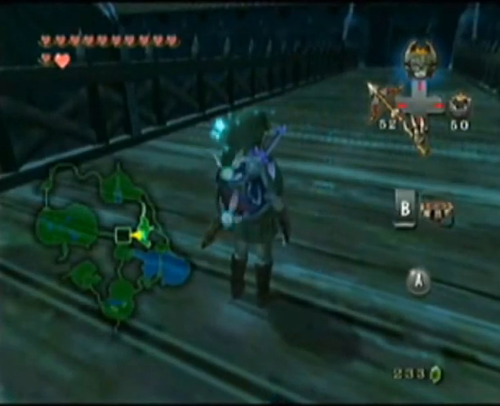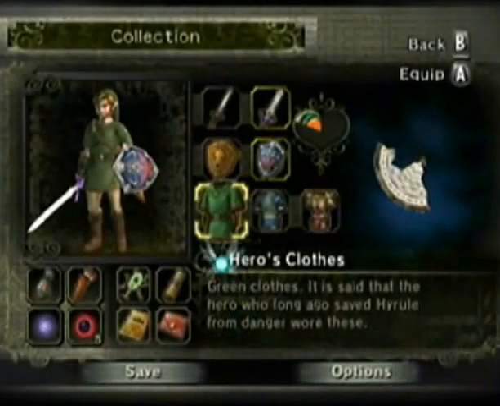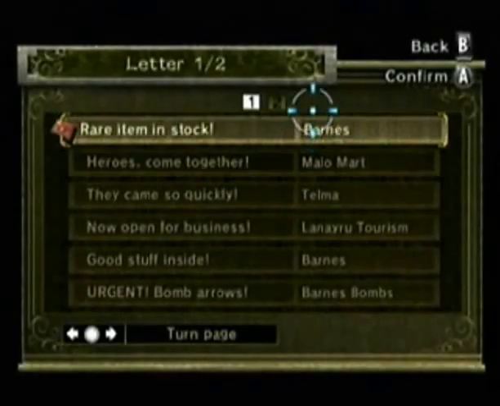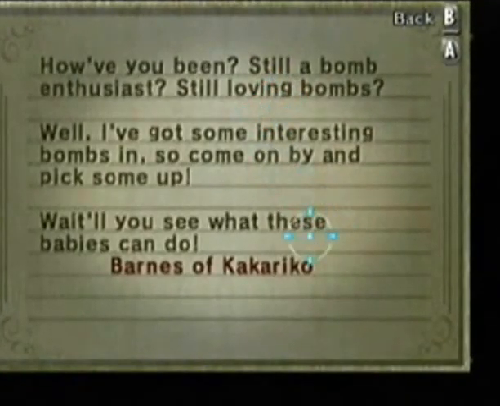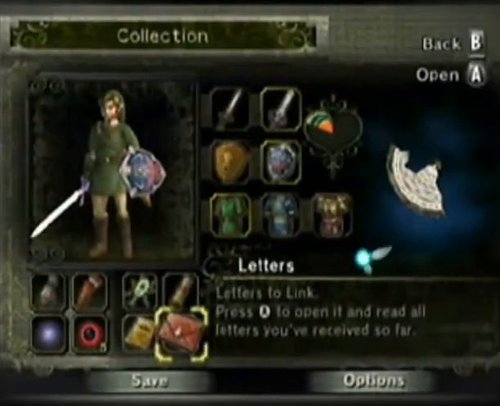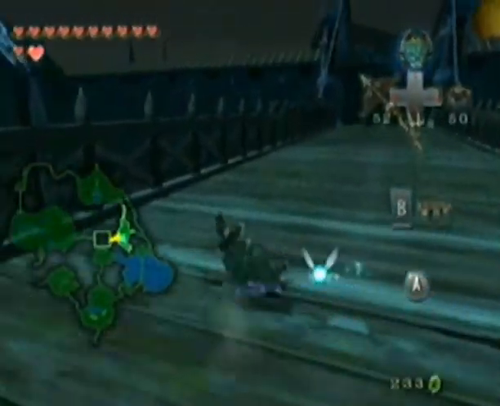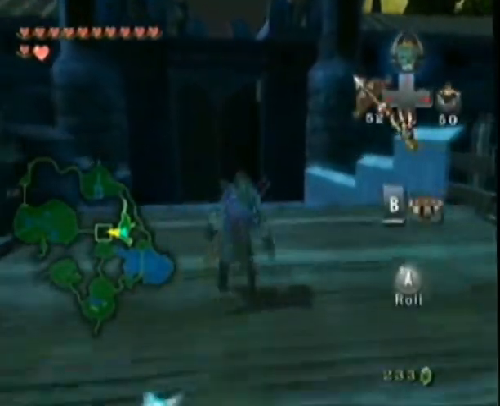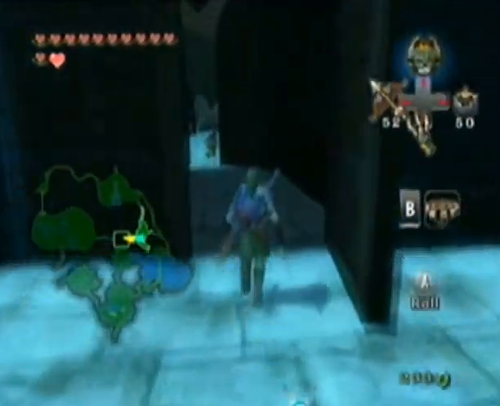Oh yeah, that's... okay, there's a different reason why we wanted to come to Castletown, but yeah, I knew he was going to stop you with a letter. That's just a letter from Barnes telling you that he's selling bomblinks now. Like I said, I never use them, so we can safely ignore that. Now, we want to go visit Telma's bar. And after we visit Telma's bar, I think that's where we're going to end the episode off, so...